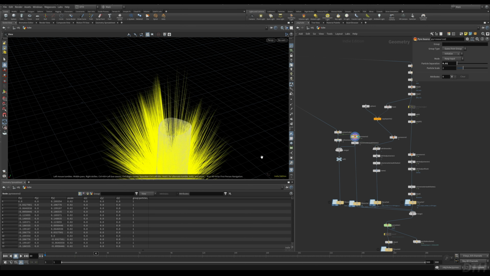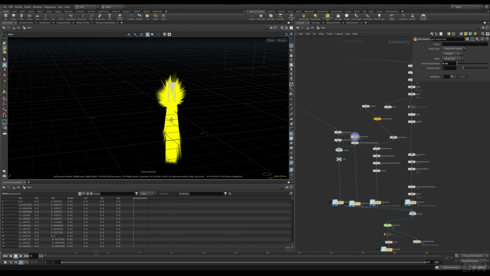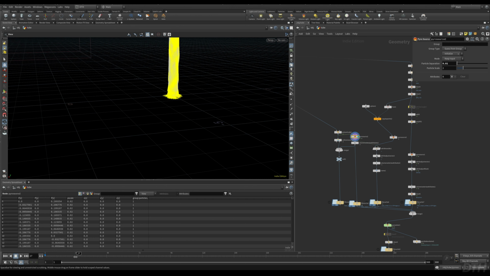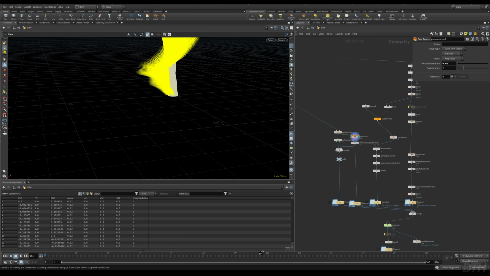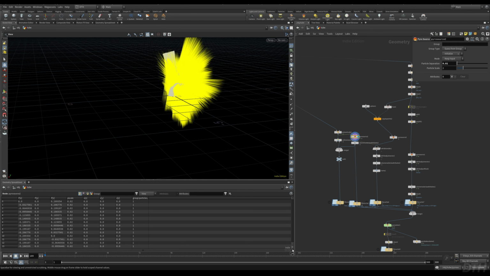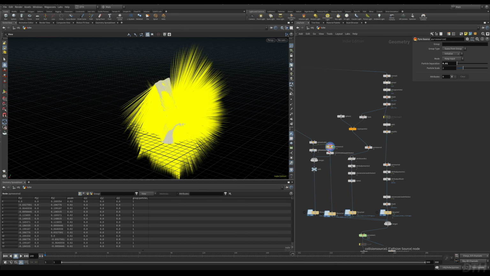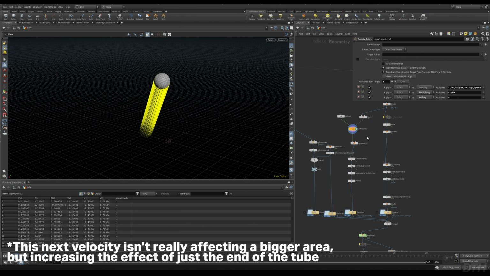So for that, I went ahead and just scattered points on top of the tube using the Pyro source node to create one velocity. So the kind of whipping of the tube really affects or moves the smoke around. And I was liking how that was looking, but I wanted it to be applied in an even bigger area around the smoke. So what I did was create another